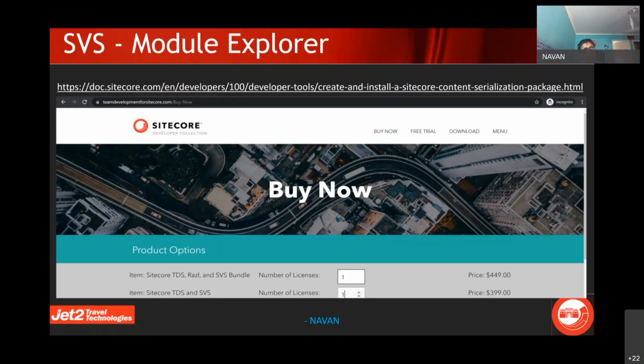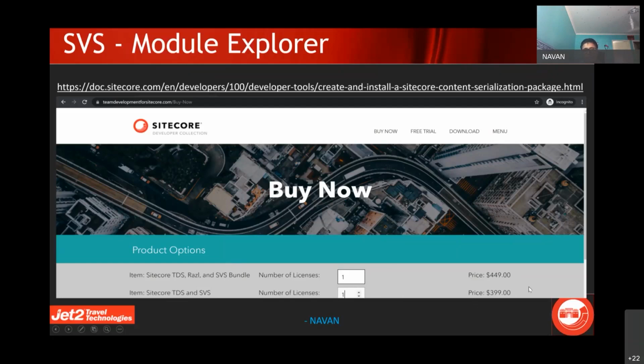It's a UI that you can put in your Visual Studio, and for the specific project you can create all this, similar to TDS. But when I initially wanted to play with it, I found that there's not a specific SVS. It's just part of a bundle, right?